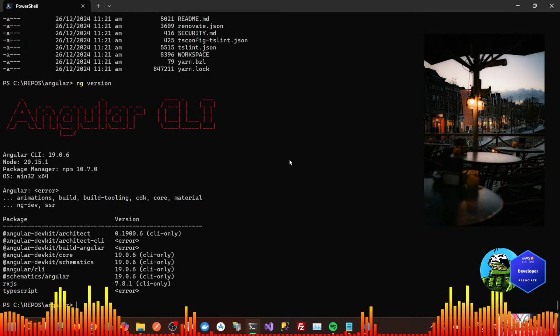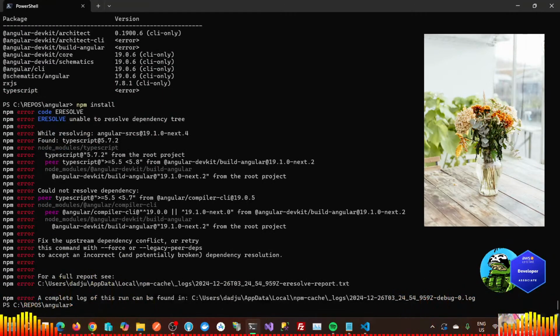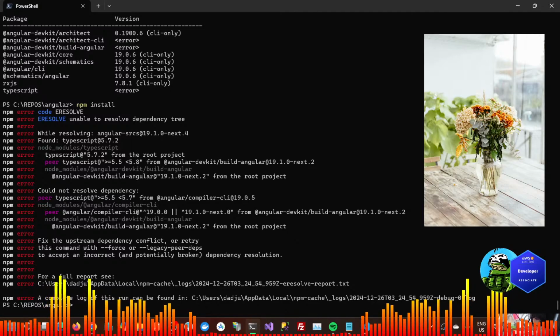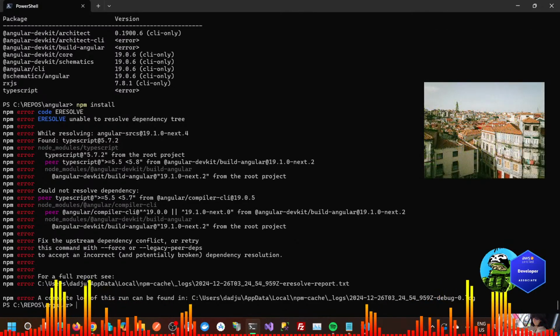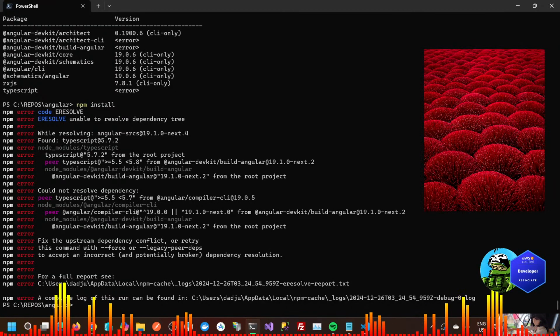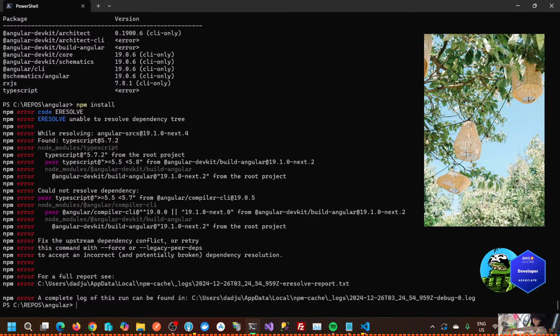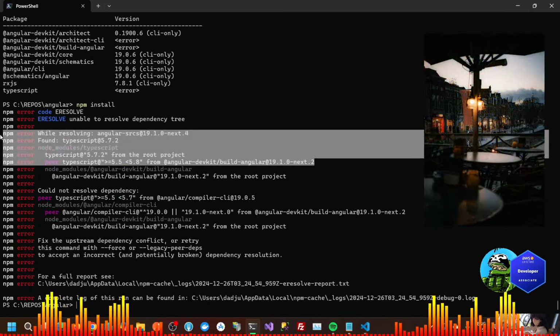Yeah, we're now version 19, and then if we do npm install, still unable to resolve dependency while resolving Angular 19 TypeScript. Okay, so how do I solve this?